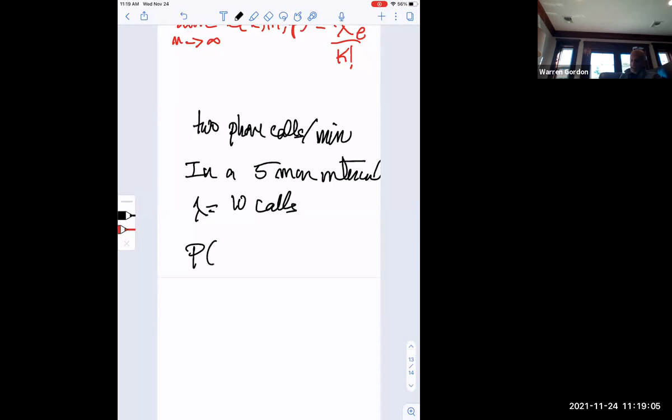So the probability that, let's say, x is the number of calls, that we get no calls during this time interval would be lambda to the k, e to the minus lambda over k factorial. And we want k to be 0. So this is just e to the minus